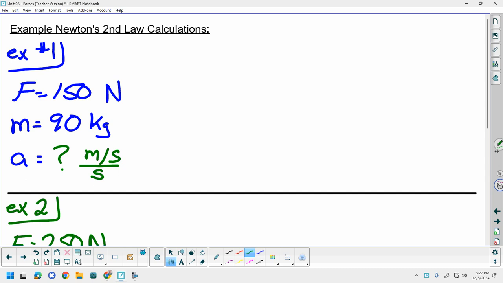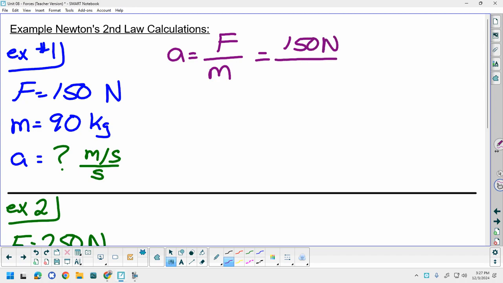So I'm looking to solve for the acceleration, so I want to use that first version of our calculation. Acceleration equals force divided by mass. With that, I can plug in my 150 newtons for the force, and I'm going to divide that by the mass, which is 90 kilograms. And so if I do my division here, my acceleration is going to work out to be 1.67 meters per